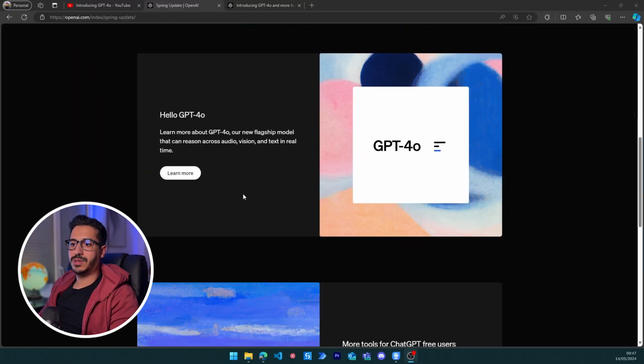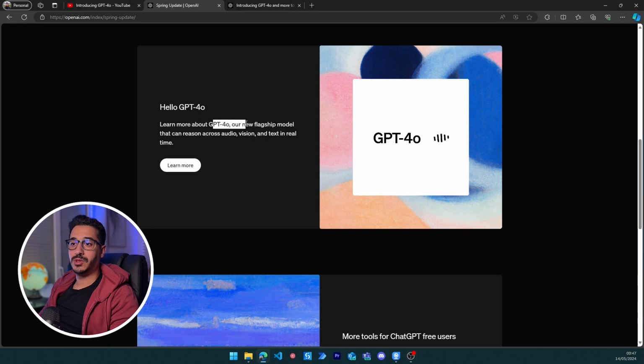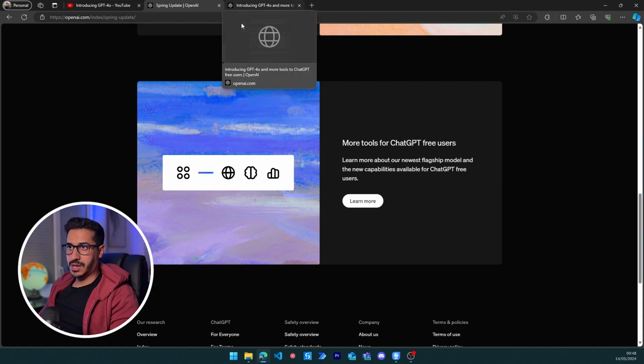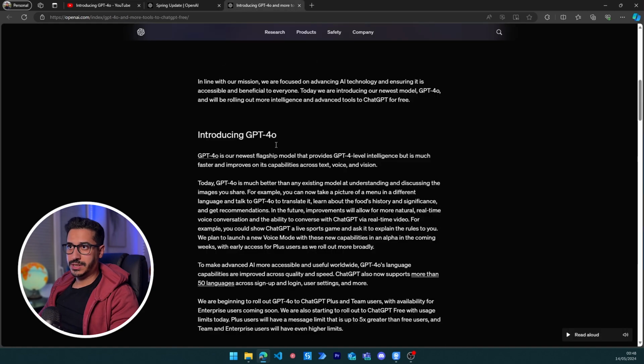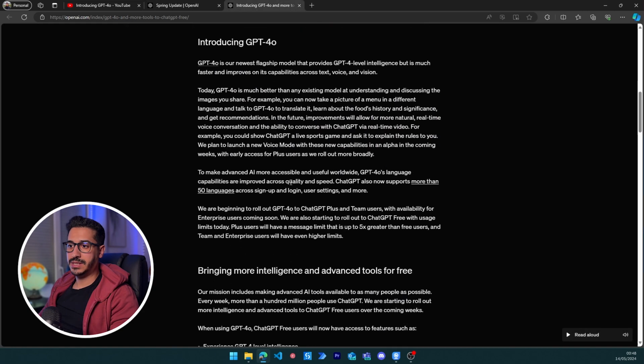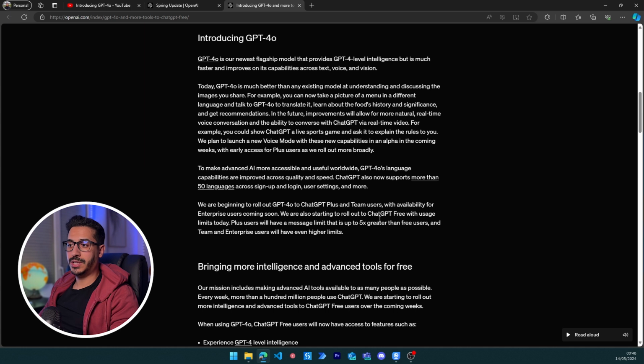So the first thing that we see is that GPT-4o is actually the new flagship. So it is dethroning the last version of GPT-4 Turbo. And this is very important because GPT-4o will be available even for free users. And if we go to more information inside of here, we are going to see that GPT-4o will be available with some limitations even to free users, meaning that free users will go from ChatGPT 3.5 to GPT-4o